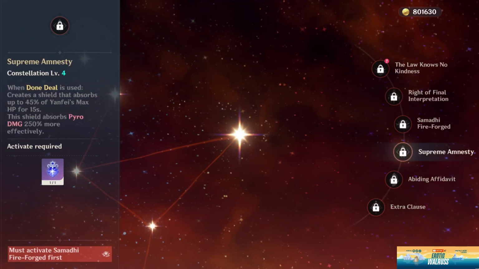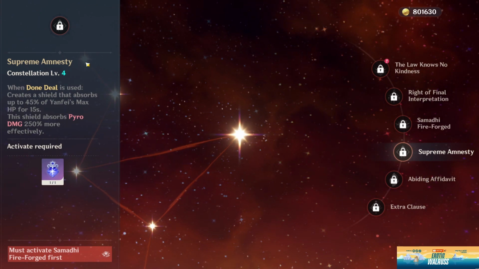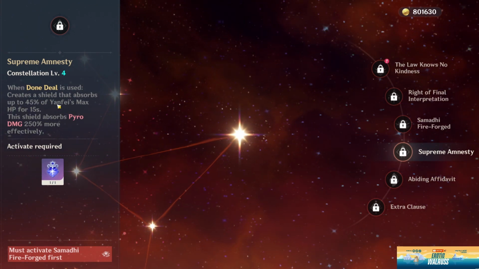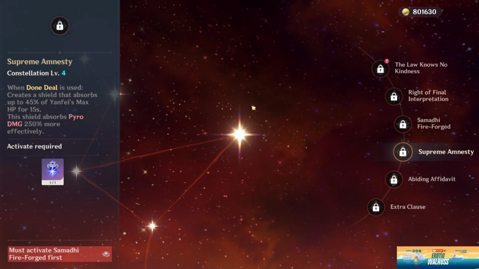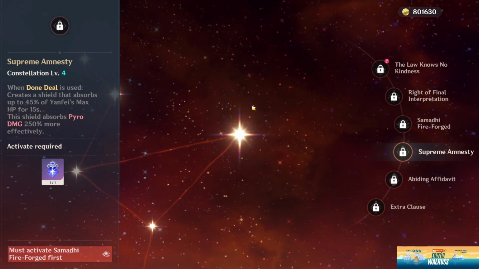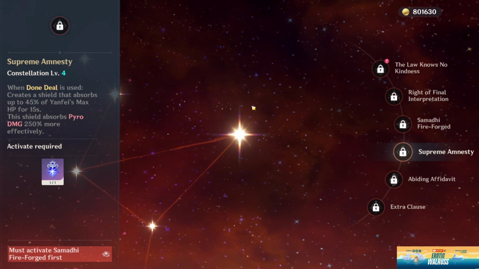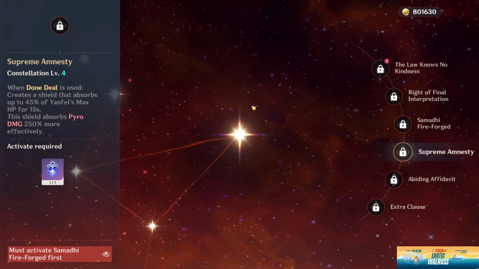On to C4. So for Yanfei in C4, it's quite insane how much shield she gets, because right here it says 45% once you have used your burst skill. But at the same time, if you have someone like Zhongli in your team, this constellation becomes less valuable. Once you use your burst skill, your aim should be to stand your ground and nuke for the entire duration. But of course, you cannot do that if you don't have a shield on you, but it cuts into your